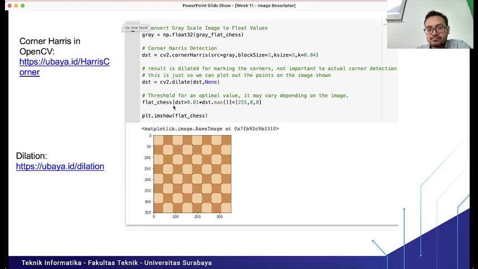Then flat_chess is the original RGB image.